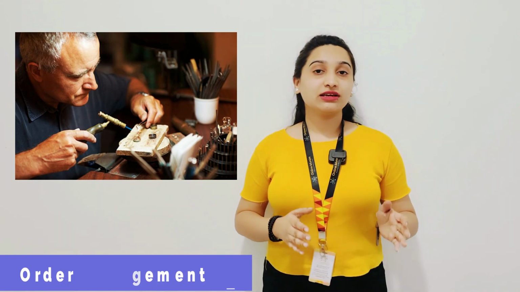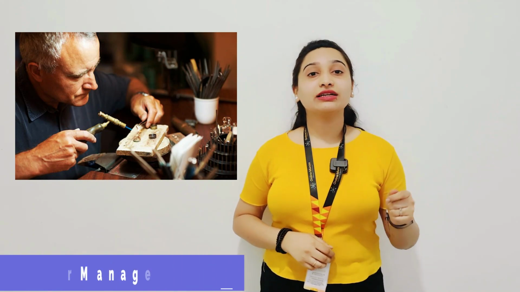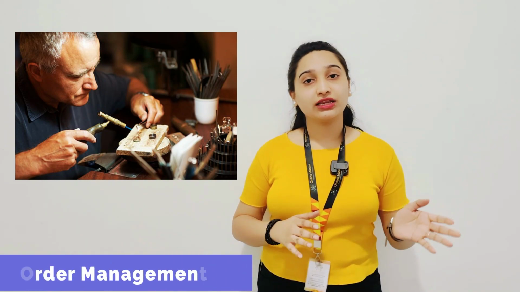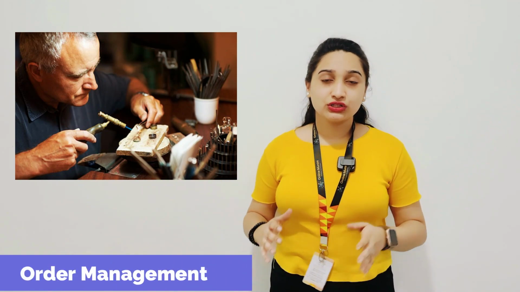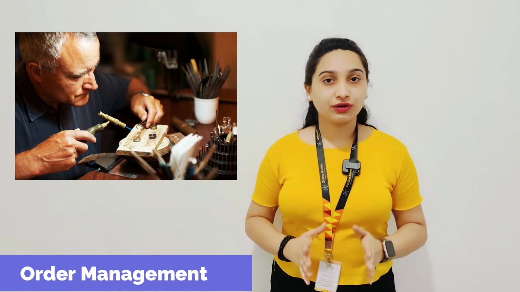So our seventh USP is about order management. Order management is an important feature of your software. Suppose a customer visits your shop and wants to make some customizable jewelry from you. At that time you can take that order from your customer and give it to any of your job workers. So all those things will be maintained in your order management.